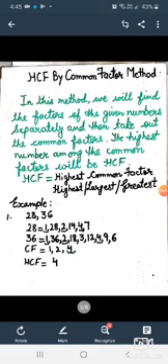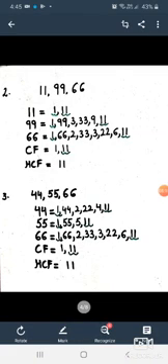These are the 3 digits which are coming in 28 also and 36 also. Now, the highest digit among 1, 2 and 4 is 4. So, our HCF, that is highest common factor, is 4. Let us understand again with the help of the second example. Here the given numbers are 11, 99 and 66.